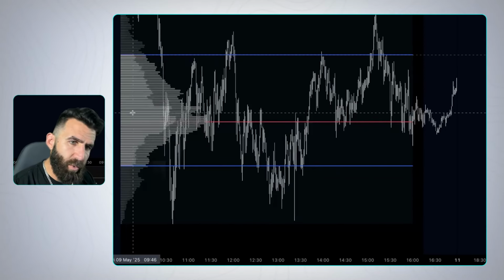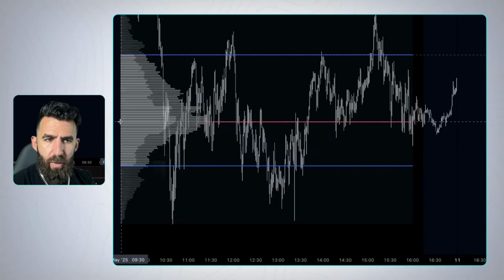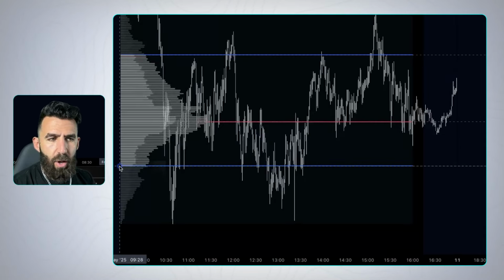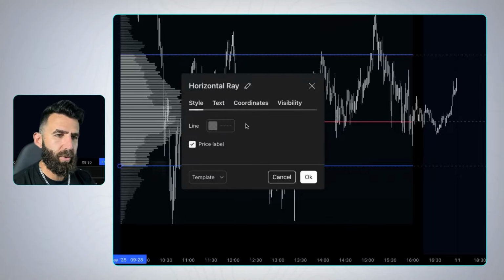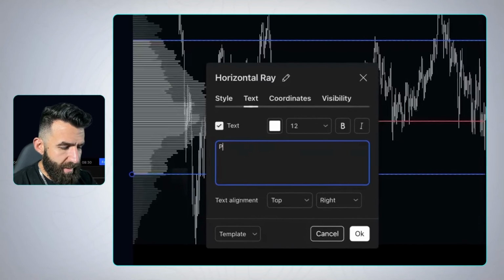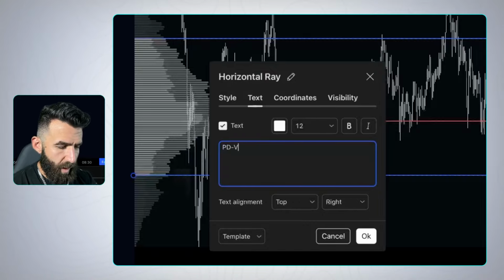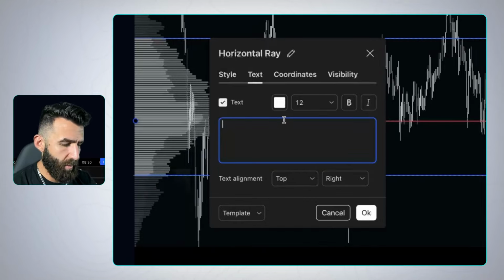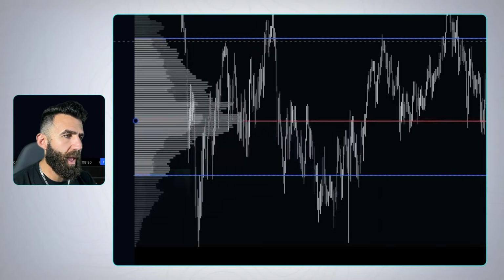And I'll go ahead and manually mark each one of these levels, right? That's value area high. This is point of control. And this is value area low. And then oftentimes what I'll do is I'll label these, right? And then I kind of just do it one time, and I will drag it over and drag it around for the next day. So we've got prior day, value area low, prior day, POC, point of control, and we have